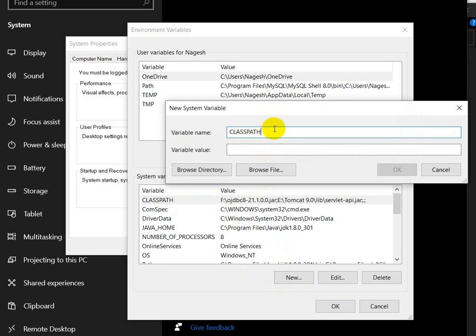This will be the variable name. If and only if you don't have class path, then you have to create a new system variable. Then what will the variable value be? The variable value will be the location of the MySQL connector J jar file.